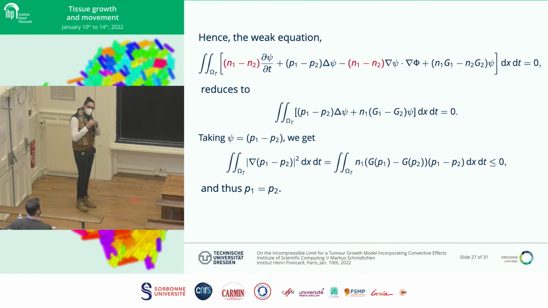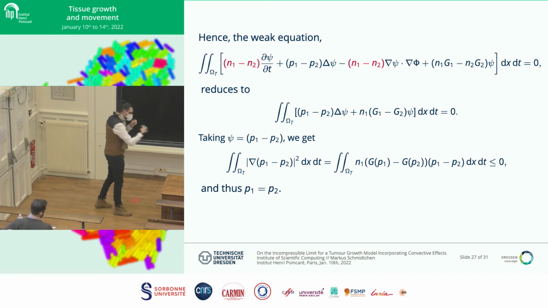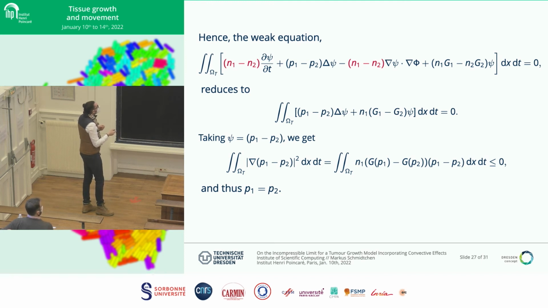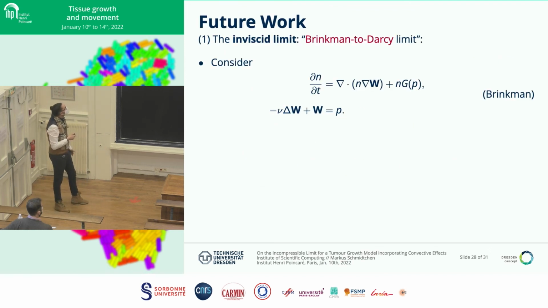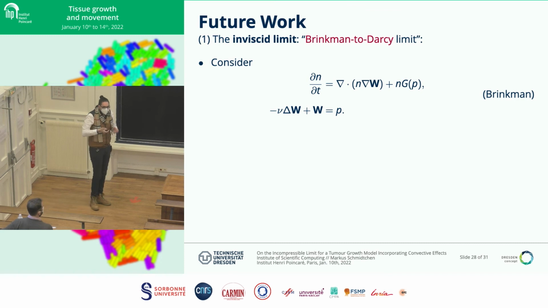And now, since our tissue growth rate depends on the pressure in a monotonous way, right? So the growth rate should drop as the pressure increases. We see that this term always has a sign. It's non-positive. And so we've shown that essentially a non-negative quantity is less or equal than 0. And this can only be if the gradients match. And then from there, we infer that P1 has to be equal to P2. And so there we are. This shows that the equation for n has a unique solution, and therefore the equation for P has a unique solution. And so this is all that we did in this paper